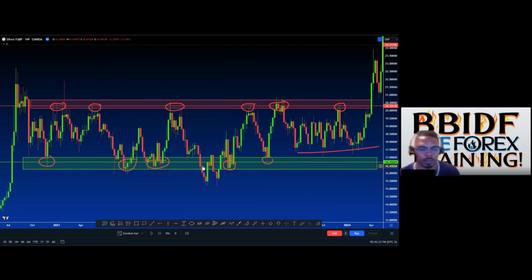But you guys will learn a lot of things about what you still have to take into consideration before you actually get into a trade, right? When price gets up to these areas where there's resistance or support, that doesn't mean you just sell it. When it gets to resistance, that doesn't mean you just sell it. Even though you saw in the past, it got to resistance, it fell, it doesn't mean you just sell it. When it gets to resistance, we look for what we call confirmations. And basically that's when the bears start showing up.